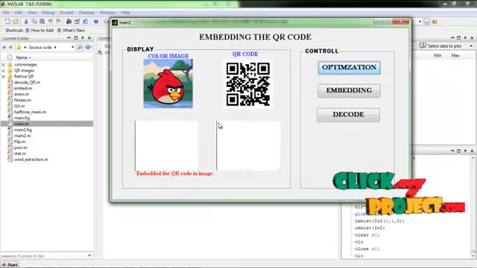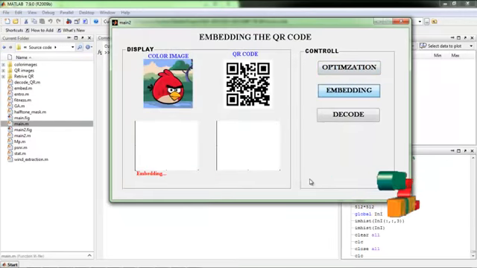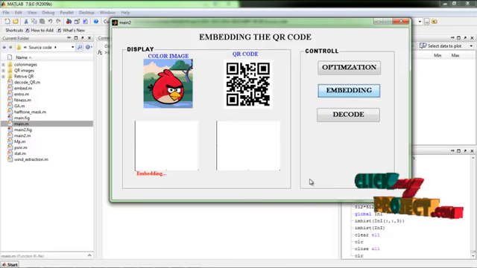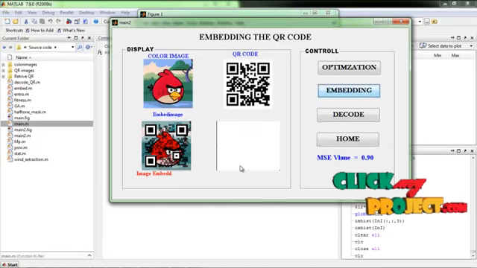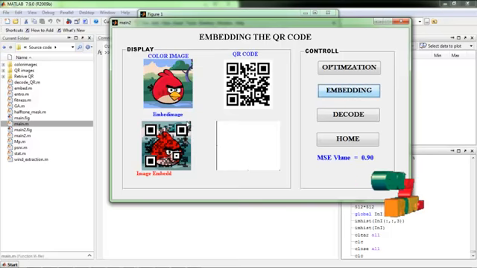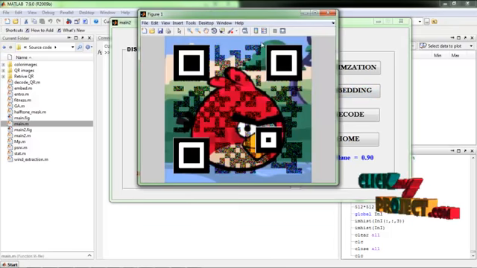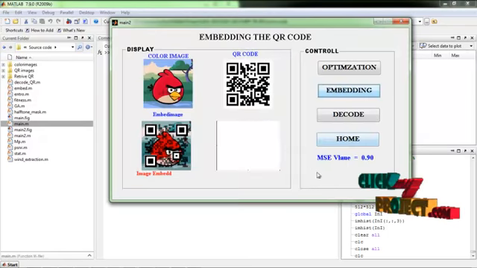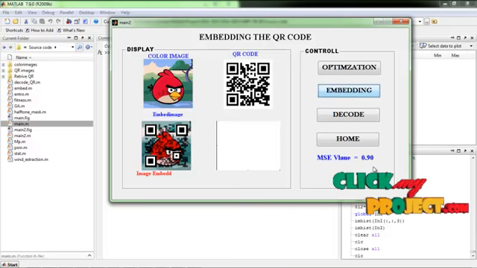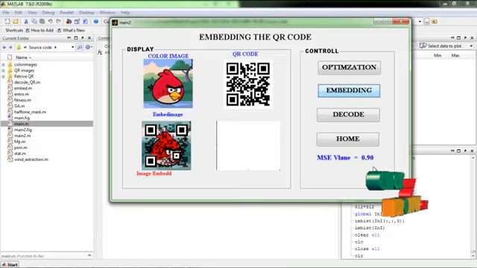Now the pixels are chosen, then we embed the QR code in the pixels, and this is the embedded QR code image, and this is the preview of the embedded QR code image. Here the QR code is embedded in the color image. Now we decode; the MLC value is 0.9. Our input process is getting a better result, and then we go to the decoding